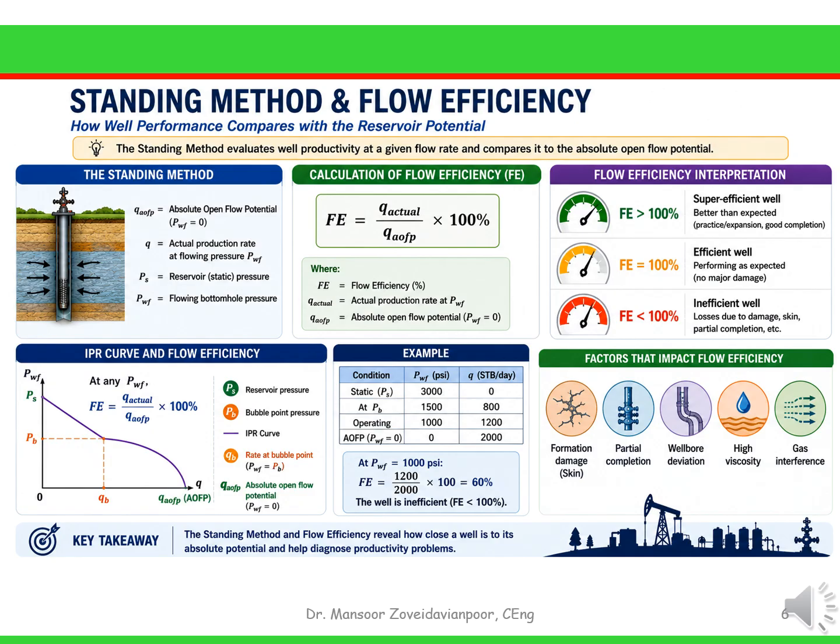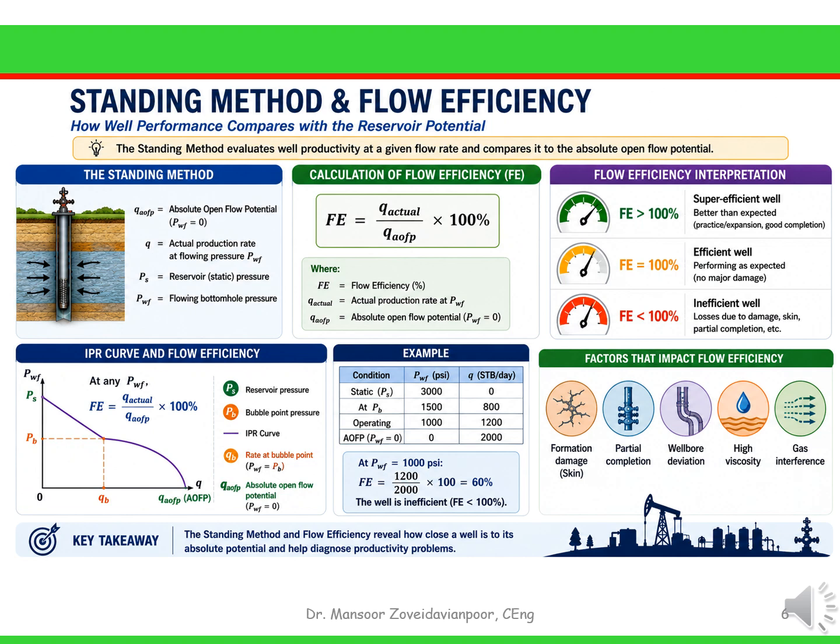So what causes this loss? Common reasons include formation damage, positive skin, scale buildup, or an inefficient completion that restricts flow into the wellbore. Now here's the opposite situation. After a successful acidizing or hydraulic fracturing treatment, a well may produce even better than its original undamaged condition. In that case, the flow efficiency can exceed 100%, indicating that the stimulation has improved the reservoir's ability to deliver